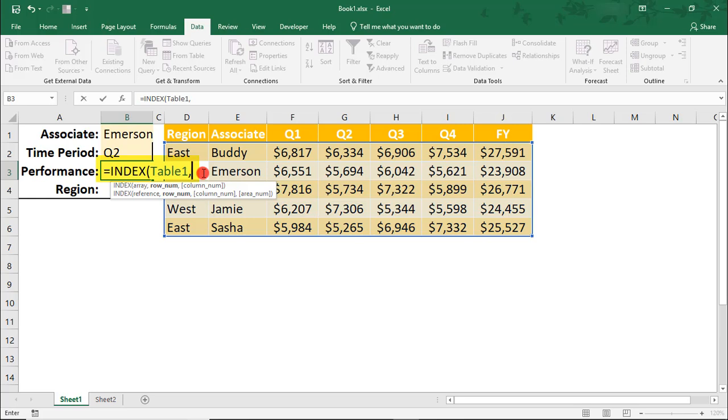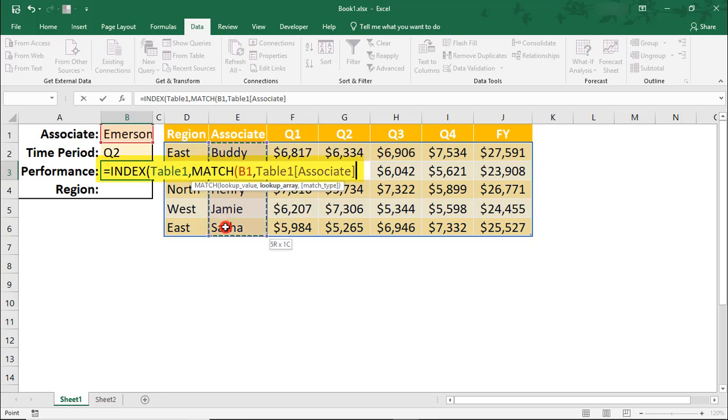So comma, and the next thing we need to specify is the row where the data for our associate will be found. So here's where we'll insert our first match formula. So we'll type match, and we'll reference cell B1 because we need to match it to the associate name. Then we'll highlight our associate names, and again notice how this updated here to reference the associate column. So just like with our drop-down, this table reference will help any new names that may be added later auto-populate into our lookup. So comma, and then we'll type 0 for an exact match, close the parentheses,